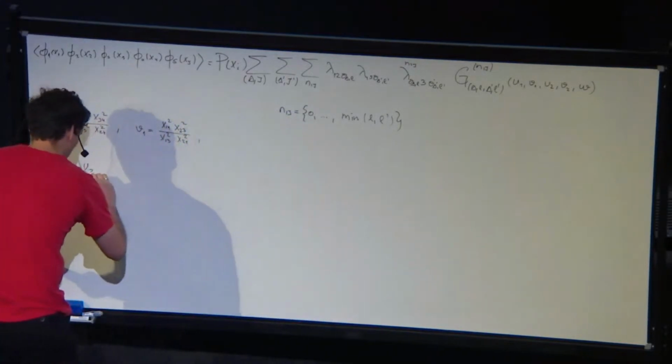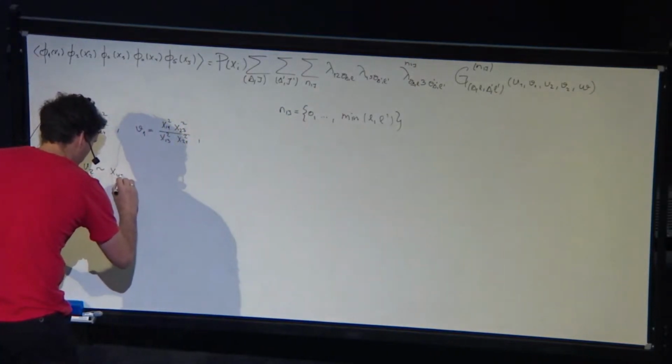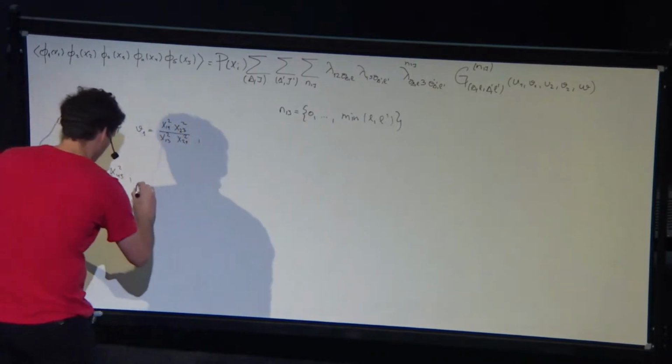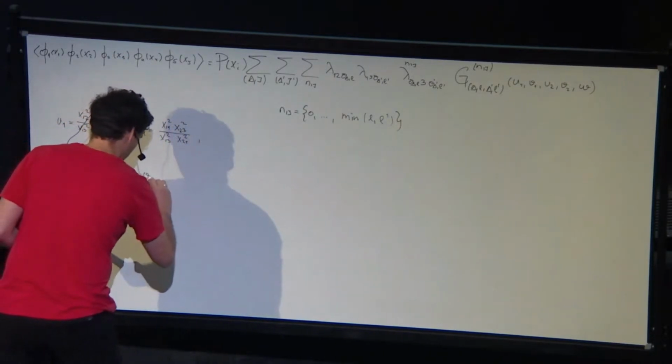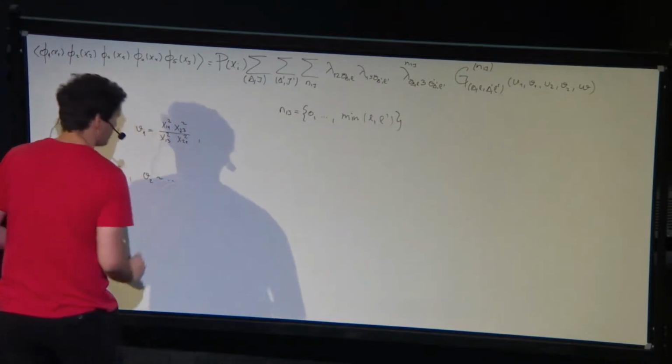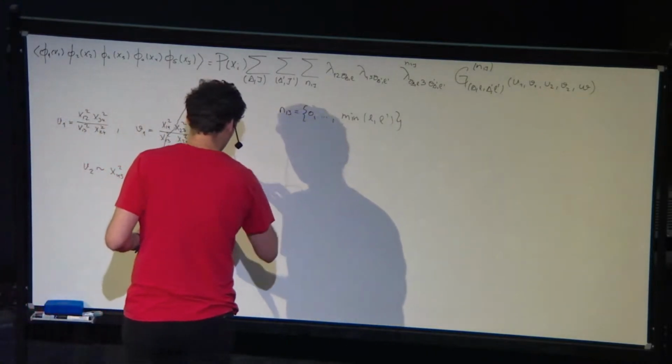Then U2 is proportional to x45 squared, but it can be obtained in a similar way, and V2 also should be straightforward to write. And then